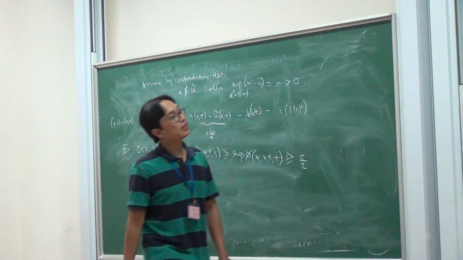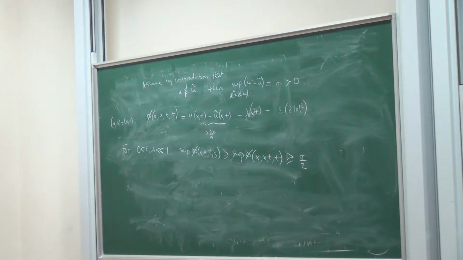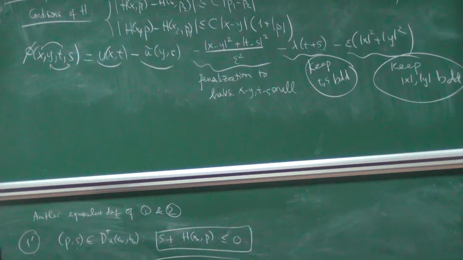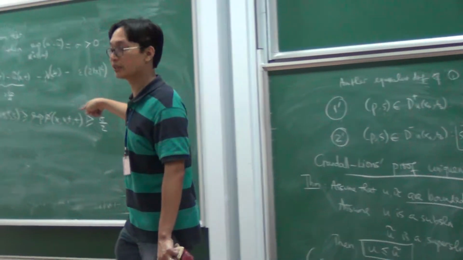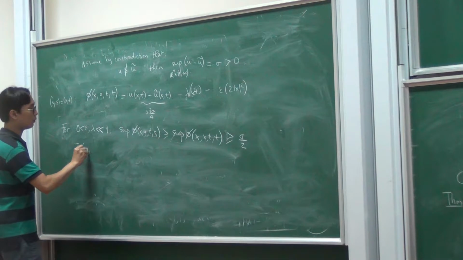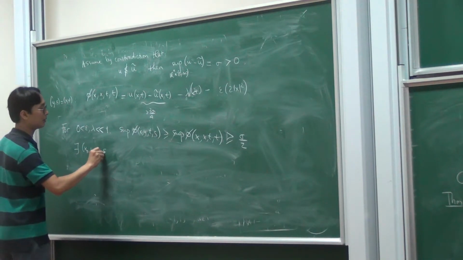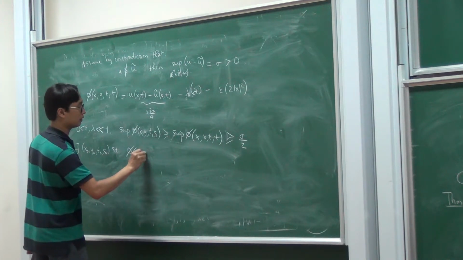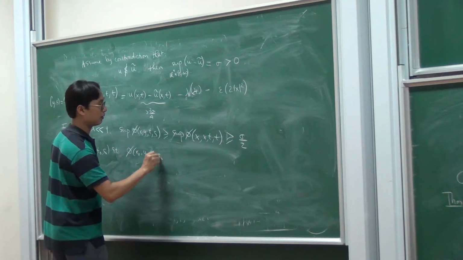And now look, because of the penalization, t and s cannot go to infinity. This one is going to go to minus infinity. X and y cannot go to infinity. This one is going to go to minus infinity. So that means the supremum is achieved at some point, which is the maximum. So there exists x0, y0, t0, s0 such that phi x0, y0, t0, s0